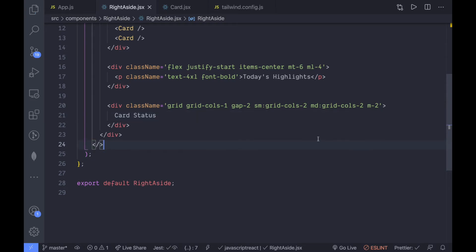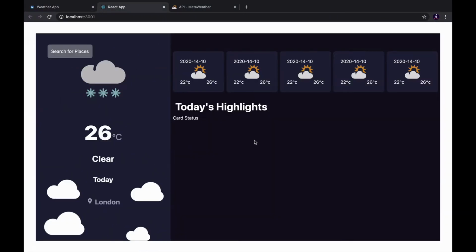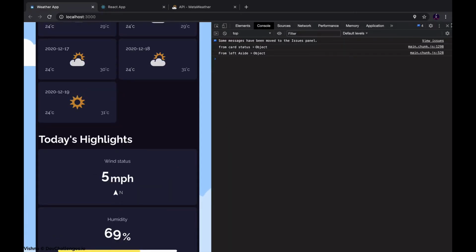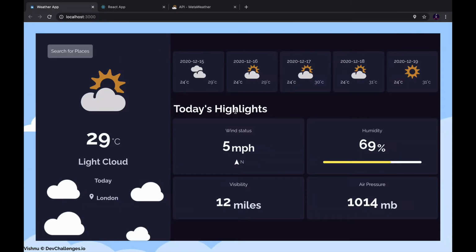So save here, go back to the application. We got this card status right here, but we want this specific card. So just go back to VS Code and let's create a new component for this particular card.